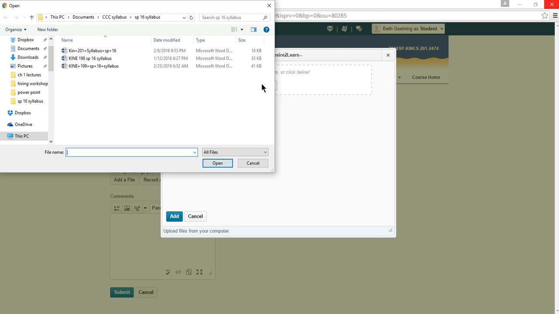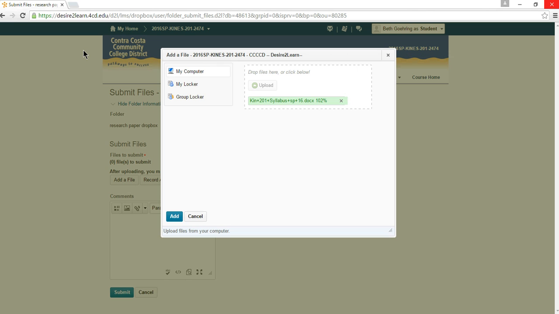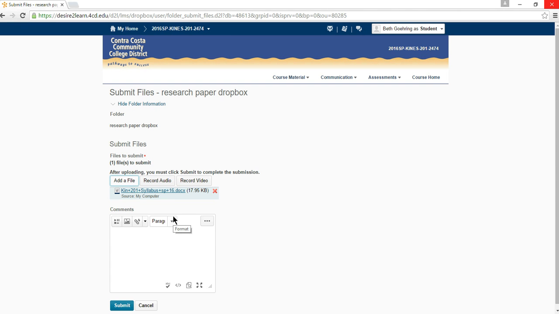Then you're going to click on Upload, and then you're going to find your file on your computer. You're going to click on it, and you'll see that it finally adds. You're going to click Add. You're going to see it right here again. You're not done yet. And then you're going to submit